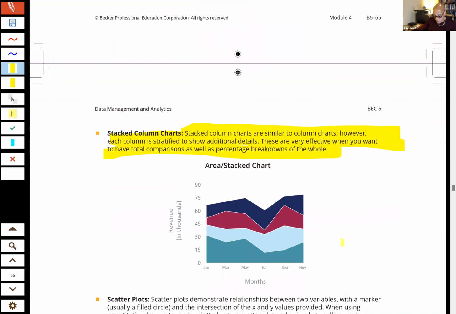Now, the only problem I have with this is, what are these different things? They don't tell me what the green is versus the light blue versus the red versus the dark blue. So here they're talking about data visualization, and then they don't do a real good job of making clear what this is, different product lines or what. So again, it is important that you have the appropriate legend with these things, so the person knows the blue is this, the green is that, which they did not do here.